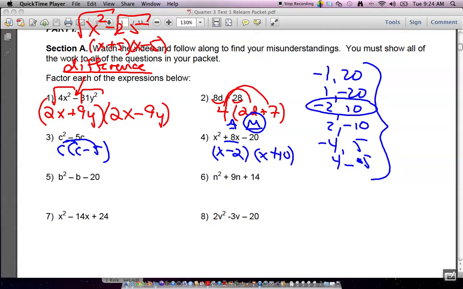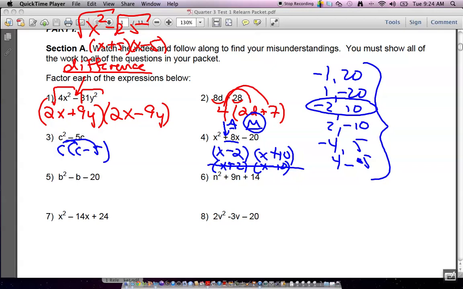Now, it's extremely important that you do a quick mental check back. When I graded these tests, many students were reversing the signs. Not necessarily on this one, but on the ones that follow. And I don't want to say this for every question. But a lot of students would put this, x plus 2 and x minus 10. Now, first off, this is always going to end up being the sign of the bigger number. But that being said, if you just do the quick mental check back, I think